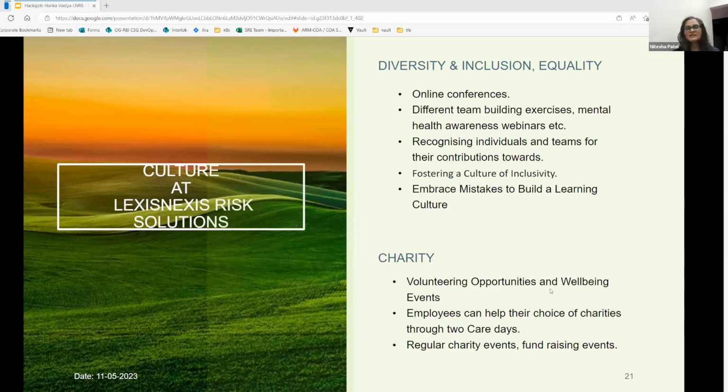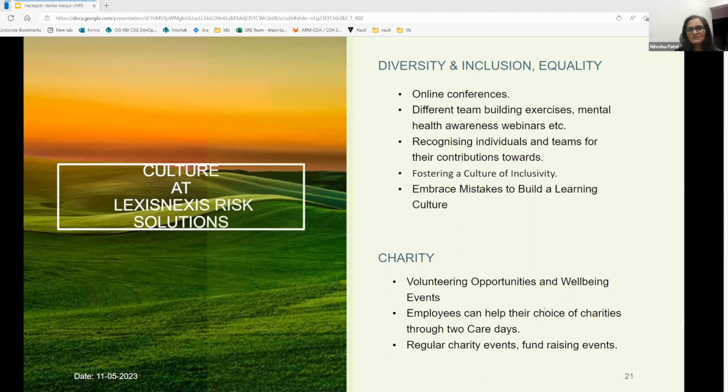Also, there is a culture of fostering inclusivity, like how you can include everyone. Sometimes, unconsciously, you exclude somebody without thinking of it. Those kinds of things make you aware. There are lots of seminars, as I said, and lots of material you can go through, and you can see how the way you behave will help other people to feel included.